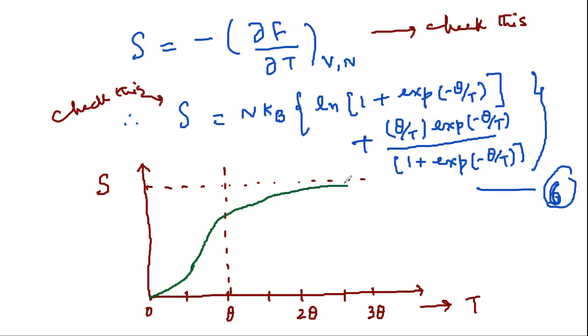This is the behavior. This maximum value is the limiting value of S. Here, the value of S is N KB ln 2. I think I will try to make this curve a bit neat,